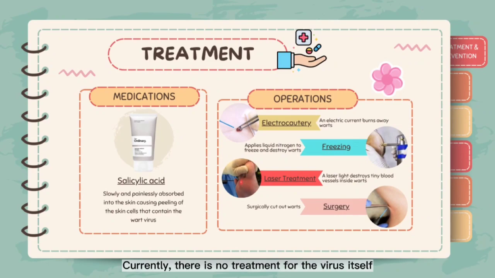Currently, there is no treatment for the virus itself. However, there are treatments for the warts caused by HPV, which are medications and operations. For medications, salicylic acid is a commonly used medication to treat the warts. For removal of the warts via operations, there are a variety of ways, which are electrocautery, freezing, laser treatment, and